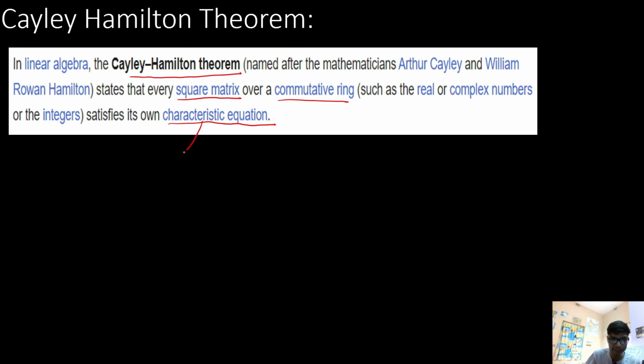अब characteristic equation का मतलब क्या है, जब भी आपके पास एक स्क्वायर मैट्रिक्स दिया गया होगा, for example A is a square matrix and we have to find the characteristic equation. Now why do we need to find the characteristic equation? Because the Cayley-Hamilton theorem says that any square matrix satisfies its own characteristic equation. So how to calculate the characteristic equation? Now basically we won't dive into the details of the eigenvalue and eigenvector calculation, but still we will talk